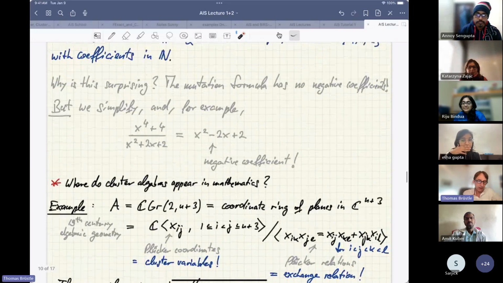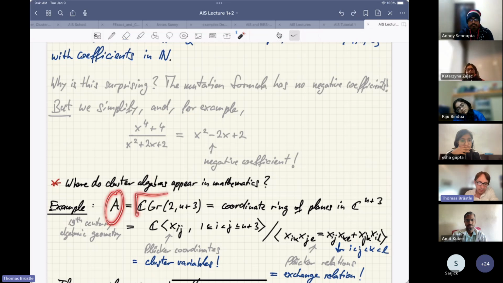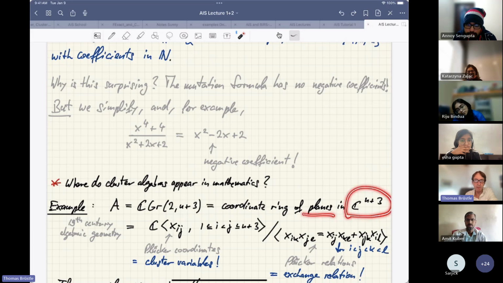And this one is a very classic example. Let's take the algebra A, which is the coordinate ring of the Grassmannian, the Grassmannian of 2-planes in n plus 3. So it's the coordinate ring of the algebraic variety of planes in a space of dimension n plus 3. Every plane is spanned by two vectors. So whenever two vectors in n plus 3 dimensional space span a plane, this is going to be one point